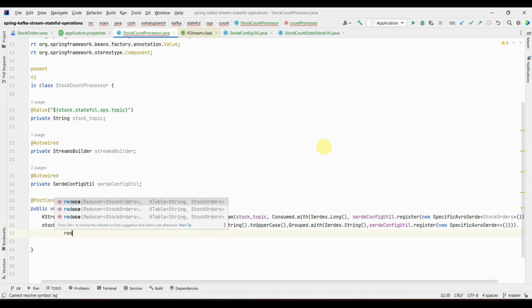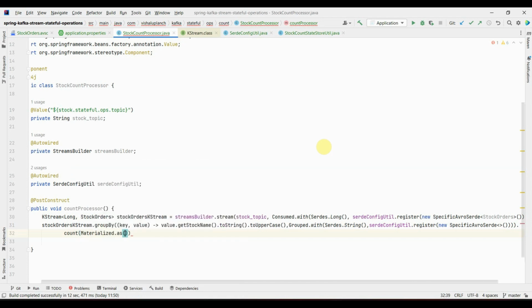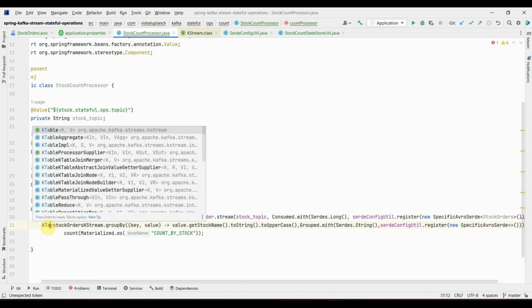So now we are doing a count, so I will do count, then materialized as, where I am mentioning my state store name. You can give a custom name, countByStock. This is my store name, right? And when you do count, it will return KTable. So KTable of type, this time,